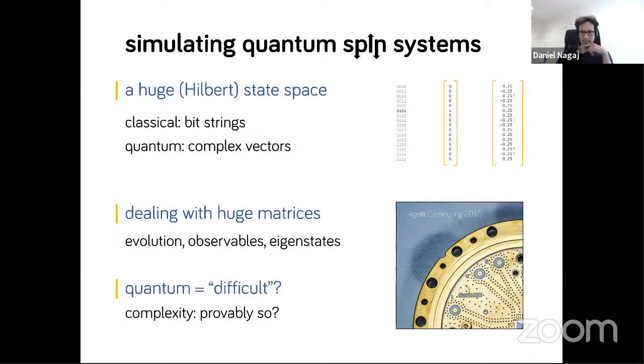So you would ask, is quantum then more difficult than classical? And we would want to say it in complexity terms. So we want to say something that is provably more difficult than classical. There are 2 games that generally people play about this, showing that quantum is difficult.